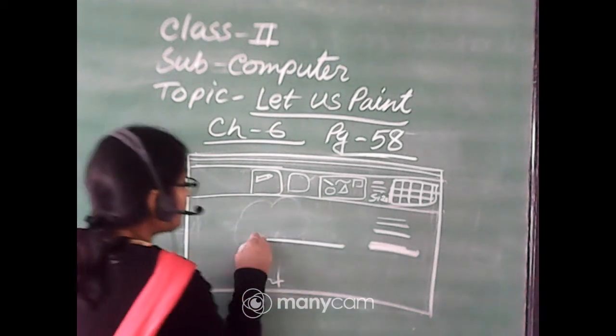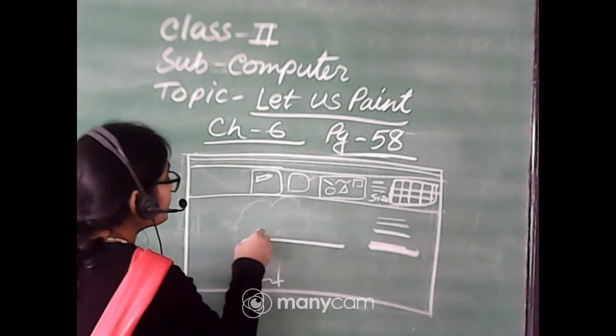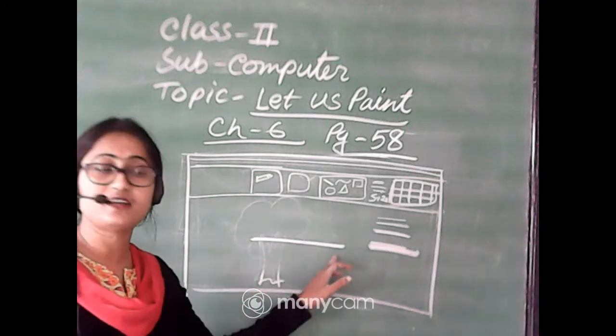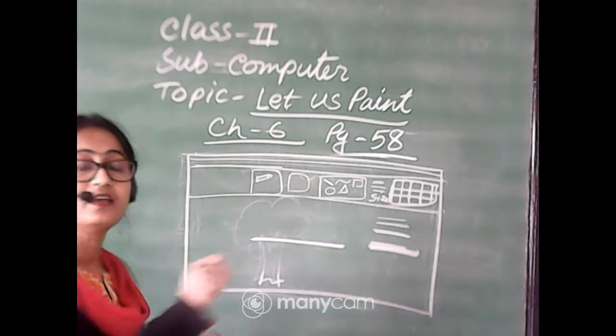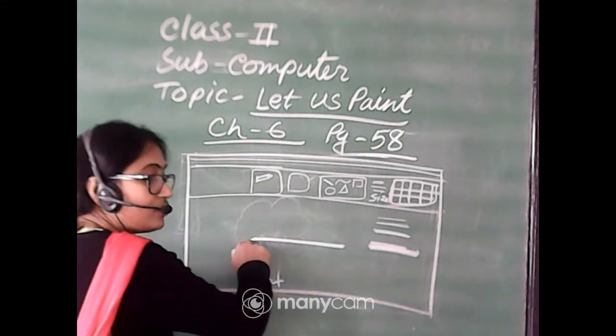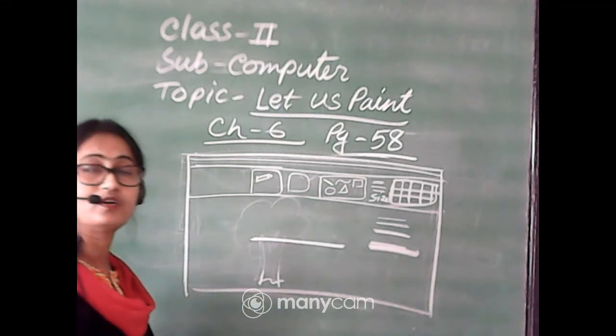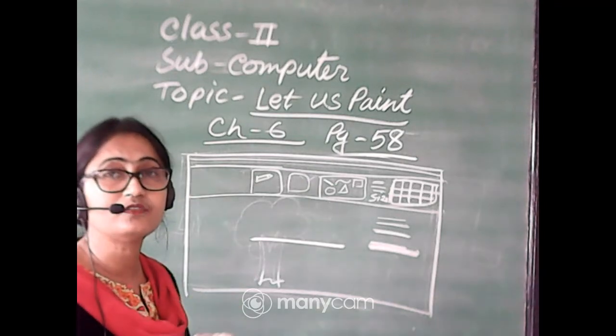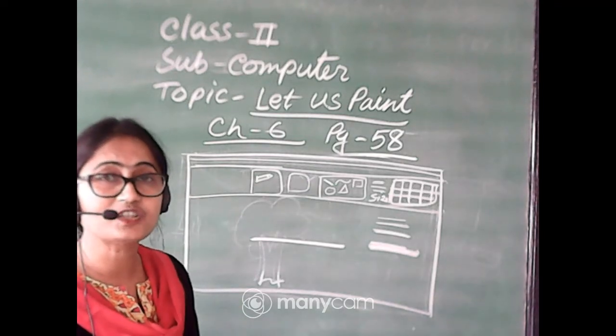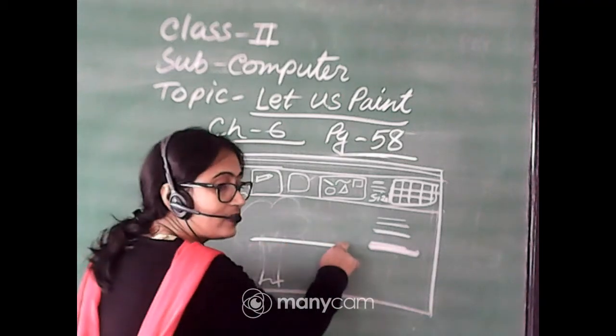and then bring the mouse pointer on the drawing area. You have chosen the red color, so you can see a red color line on the screen. You can draw a line by dragging the mouse. Hold down the left mouse button and drag it. How much you require, drag it and then release it.